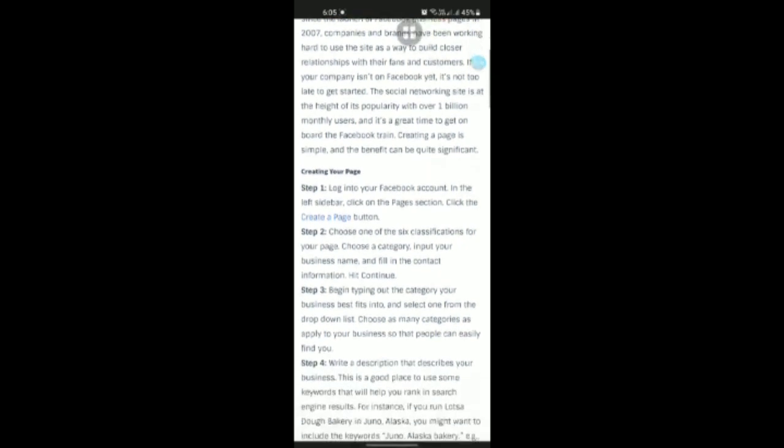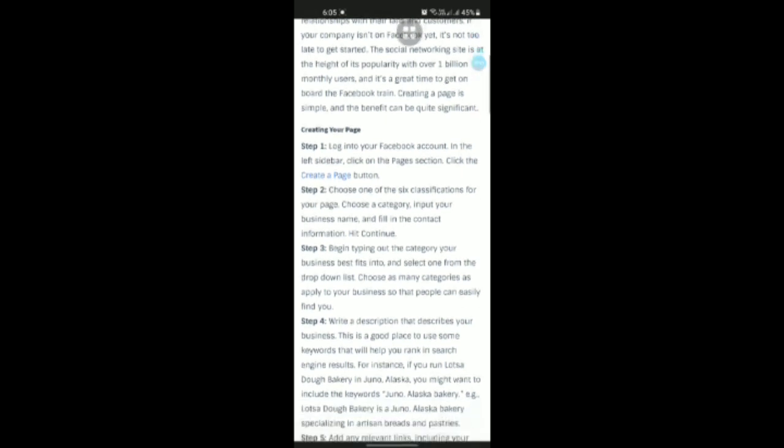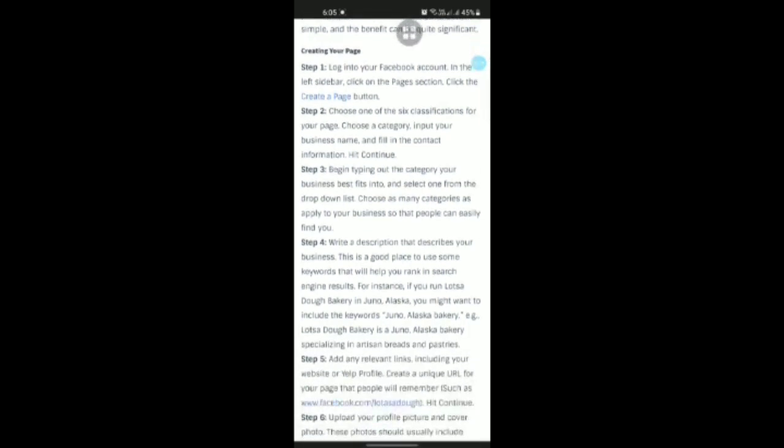The third step is to begin typing out the category your business best fits into and select one from the drop down list. Choose as many categories as apply to your business so that people can easily find you. Step 4 is to write a description that describes your business. This is a good place to use some keywords that will help you rank in search engine results.